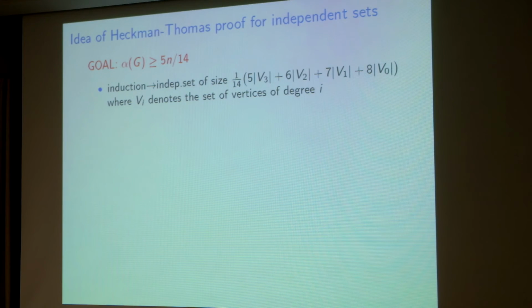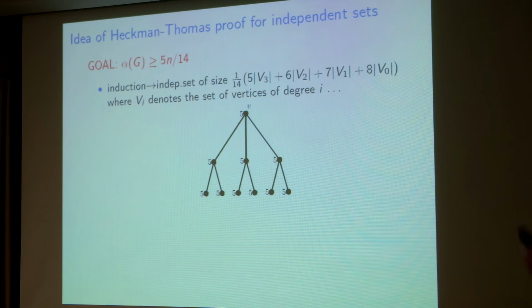Why would this be a very useful induction statement? Well, let's look. Maybe more for technical reasons than substantial ones, let me assume that the graph is also C4 and C5 free, and every vertex has degree 3. Let's look at how I would proceed with my induction. I would look at any vertex V. It needs to get 5 units. So I remove this vertex, and I also remove its neighbors, and I apply the induction statement. But in the induction statement I get